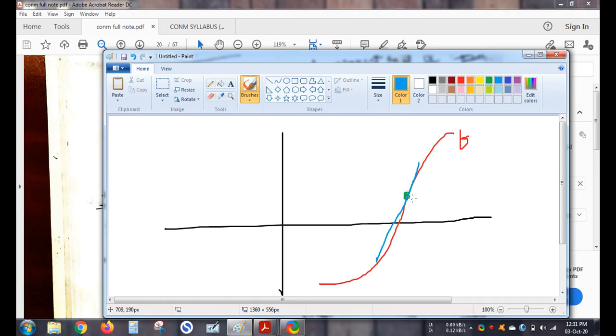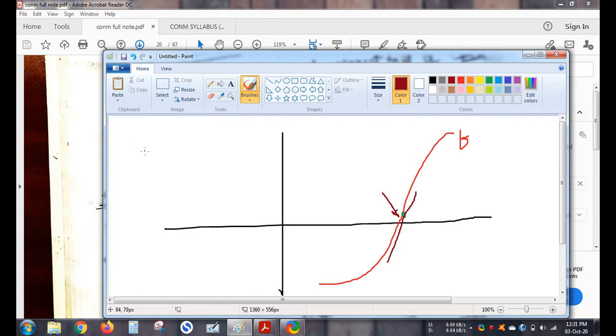What we try to do is draw a tangent at this point, the point which we are initially assuming. If this initial value is closer to the final value, then the tangent also will be closer to the value. If my point was over here, my tangent would have been this. As you can see, the closer the approximated value is to the actual value, the closer the tangent is also. So that's the basic idea.